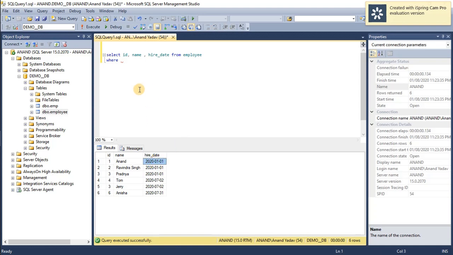I want to see how many employees joined on this date, which we can see with the help of the where clause with the hire date condition: where hire date is equal to 2020-01-01. I will just provide a hyphen here. Yes, there are three employees who were hired on this date, and we can see that on the console in the tabular format.